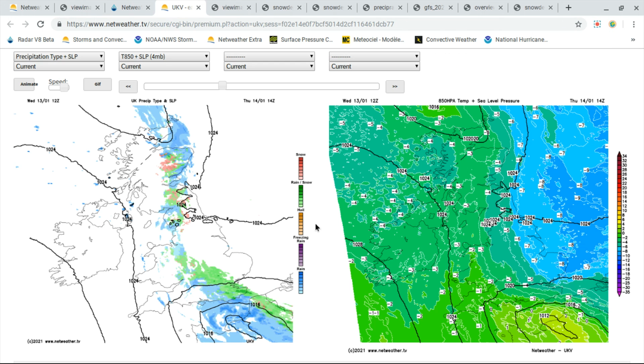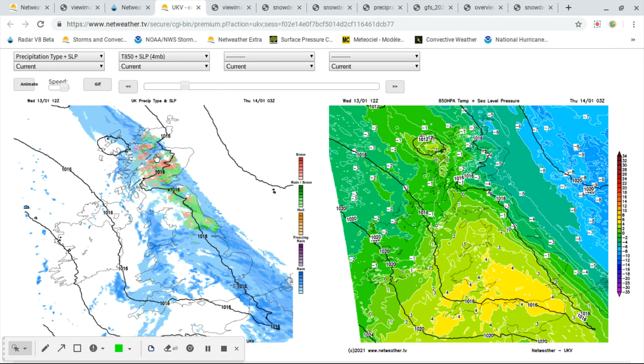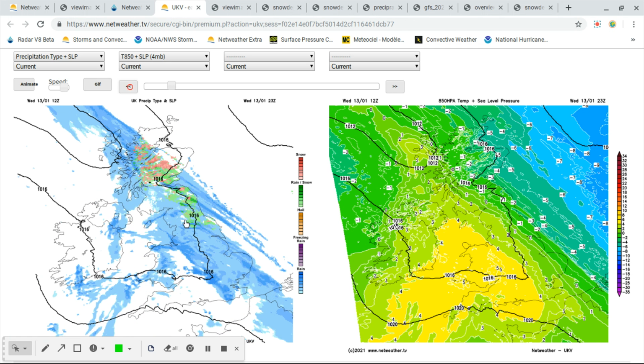This is the UKV weather model. If I just run it forwards and backwards, you can see this is that band of sleet and snow, and you can see here we have some pretty mild air in place across southern and southwestern parts of the United Kingdom. This is, by the way, the temperature at about 1.5 kilometers. And then notice that we then push through the loop,